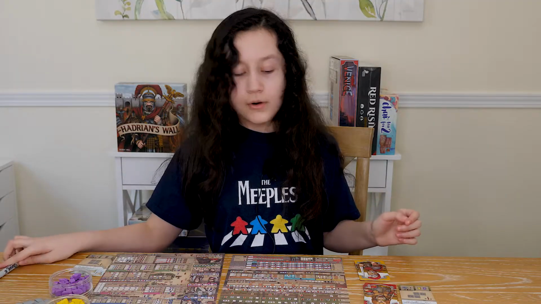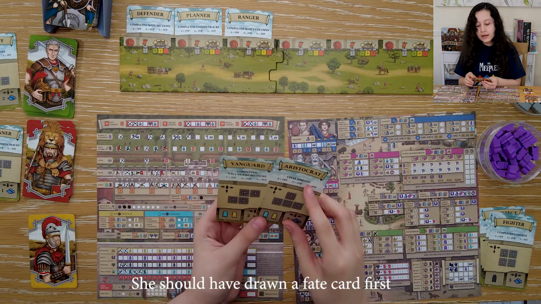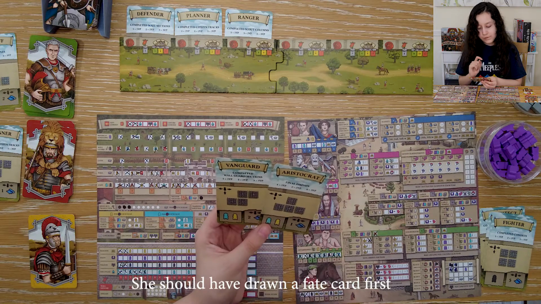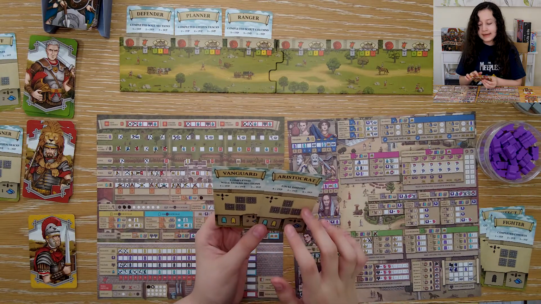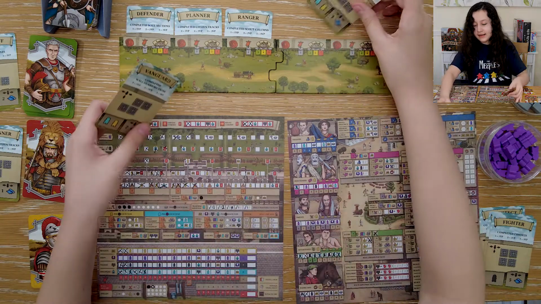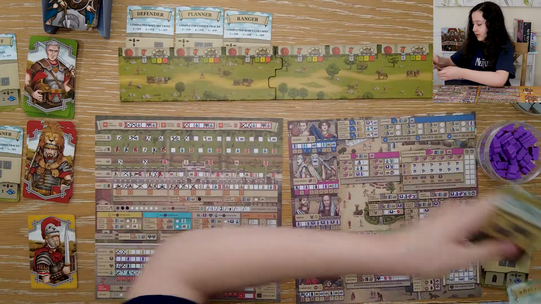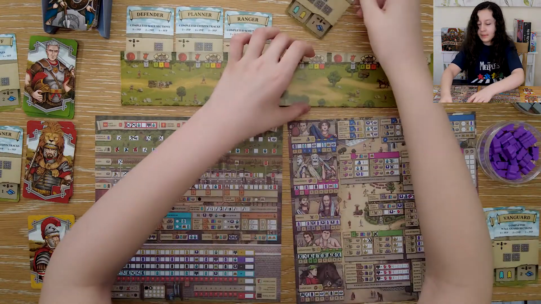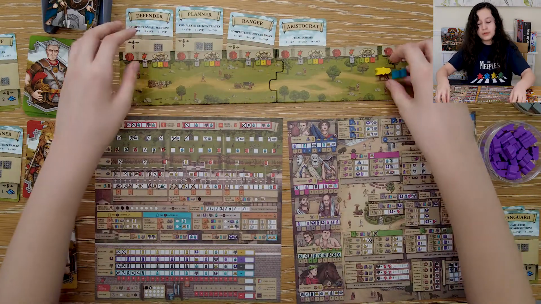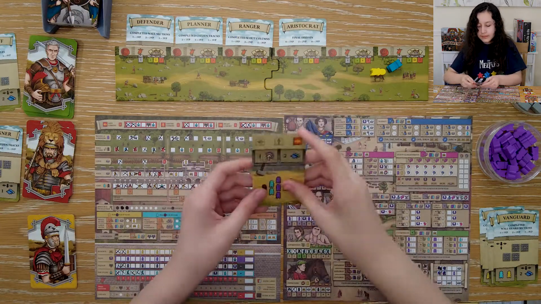Now we move on to year 4. Okay, I draw 2. I think I will do the, ooh, this is hard, but I think I might go with final disdain, because it's pretty easy to get rid of disdain. So I think I'll go with this one. So this is my prospect, this is my path, and I get 1 soldier and 1 civilian, or 1 builder and 1 civilian. Now we draw the fate card, and it is